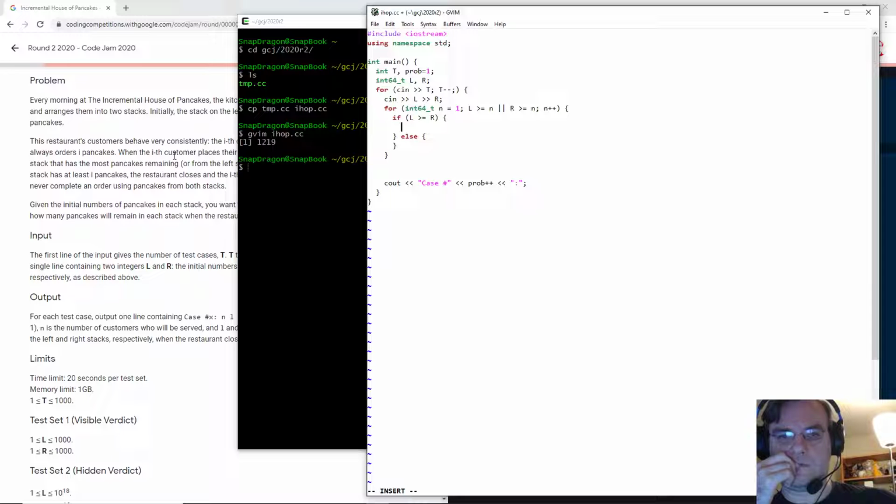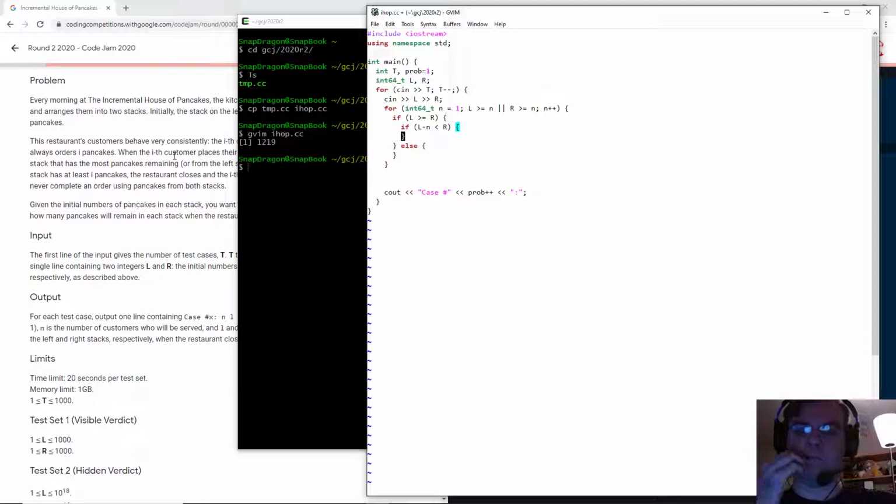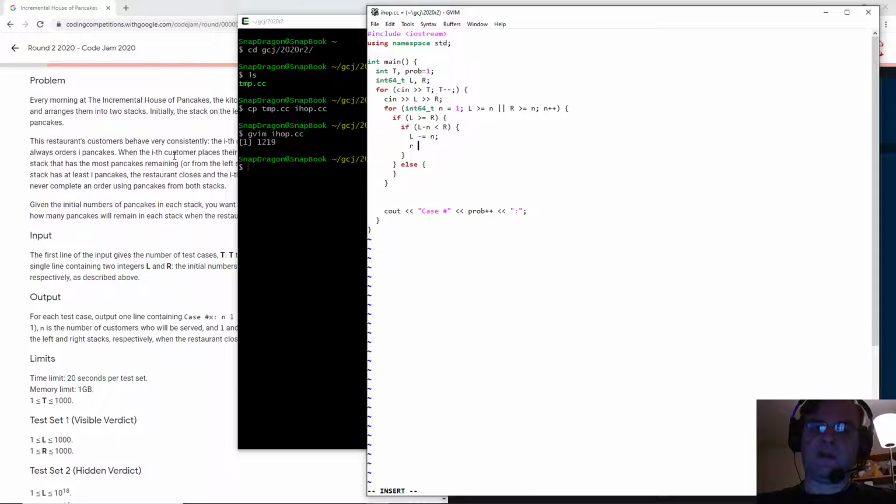Okay. So if this is the case, if L minus N is less than R, then we go L minus equals N and R minus equals N plus 1. And now this will just repeat forever. So cool. And similarly,